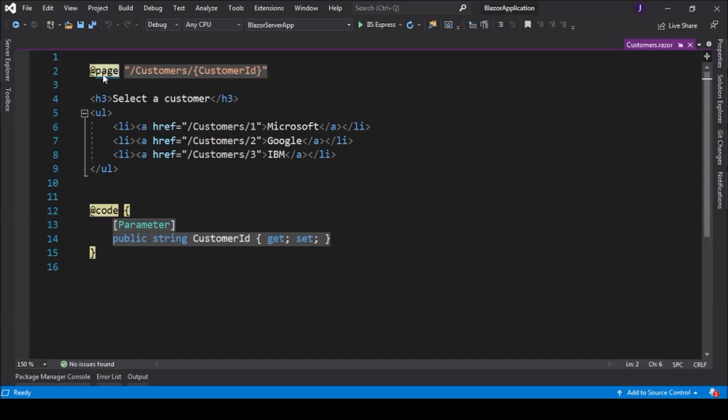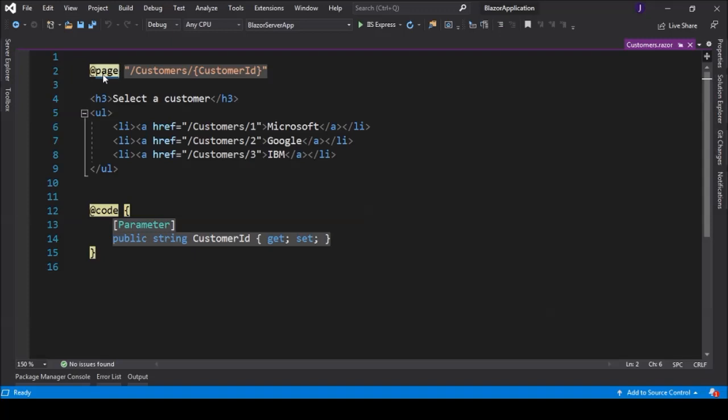This suggests to Blazor that this is a page in your Blazor application, and when these components are compiled into partial classes, a route attribute gets attached to those partial classes. This becomes a route template.